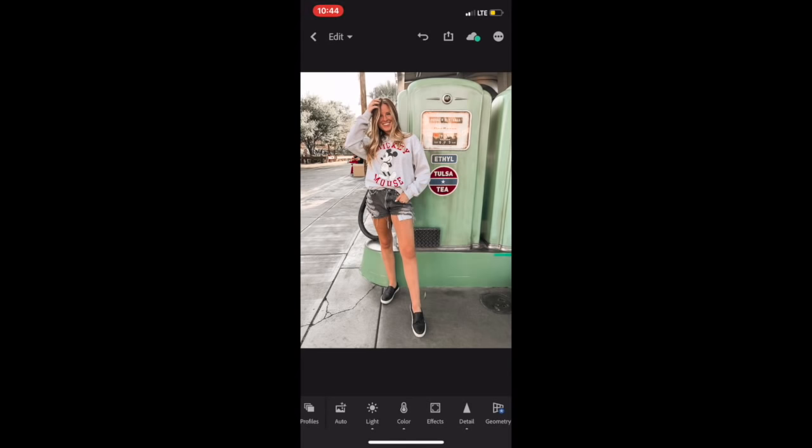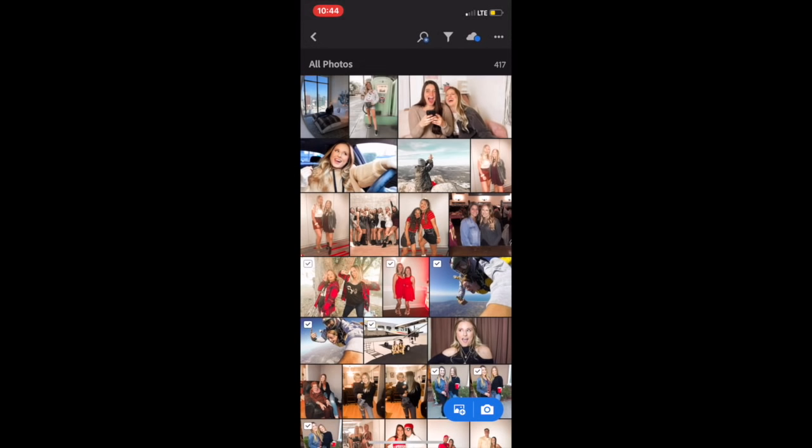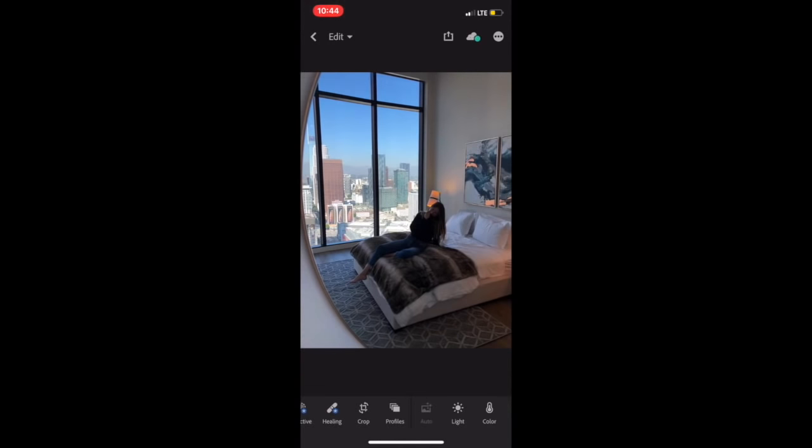I use another preset that I came up with. So I'm going to go ahead and show you guys now the other preset that I use. I'm going to click on this picture today. You might be wondering why I have 2 presets, and it kind of just depends on the picture and the lighting. So either one works for my aesthetic, and it's really easy because I have 2 options to play with